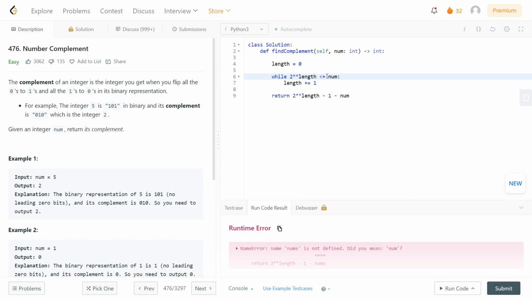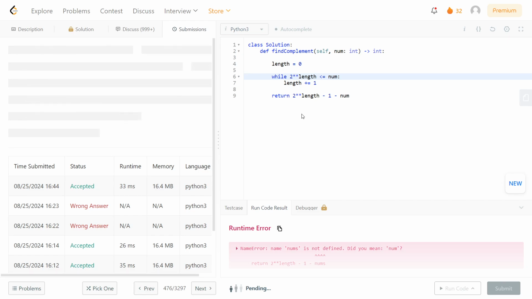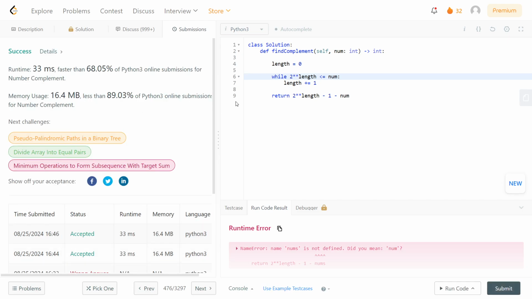Let's just show. First, let's check if it works. It should be good, I think. And yeah, it's good. So what's the problem? Before, if we had 8, we would have 2 to the 3, that wouldn't be less than num. And we'll have 3 here, so we have 8, and then this one would be